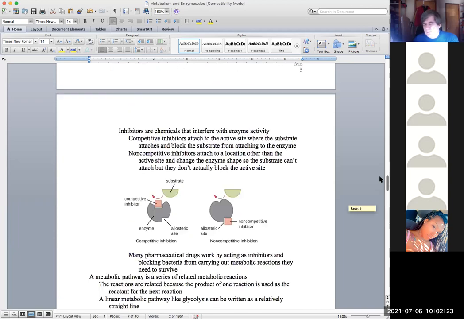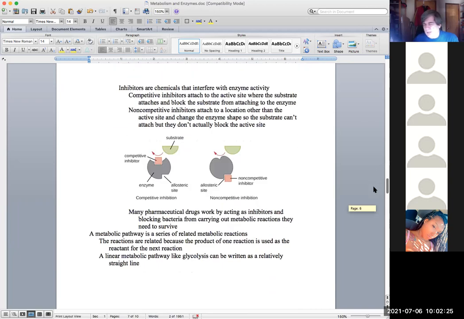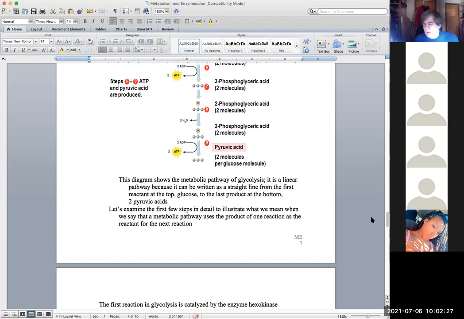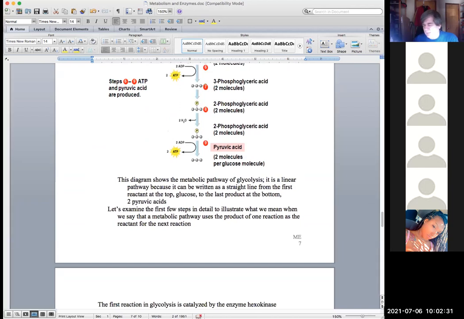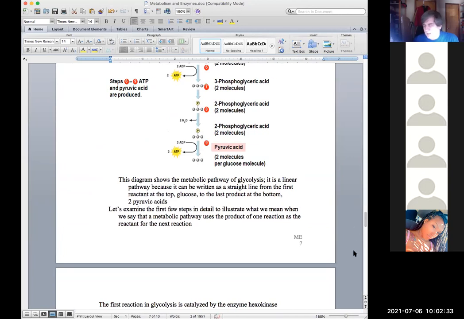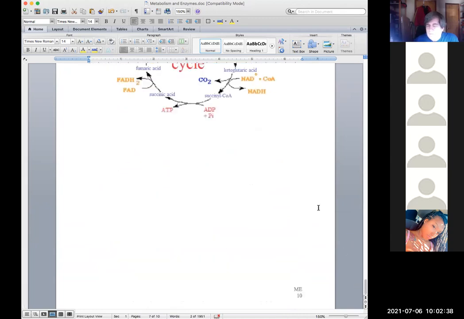And then don't forget our discussion of enzymes earlier. Now, are there any questions about what we've talked about in terms of enzymes or metabolic pathways? Okay, I'm going to stop screen sharing and